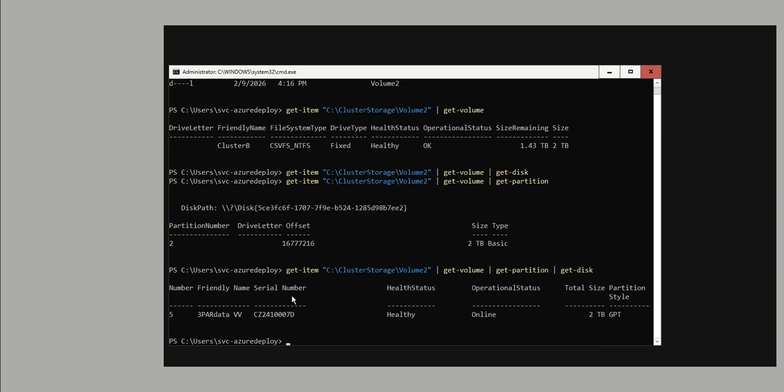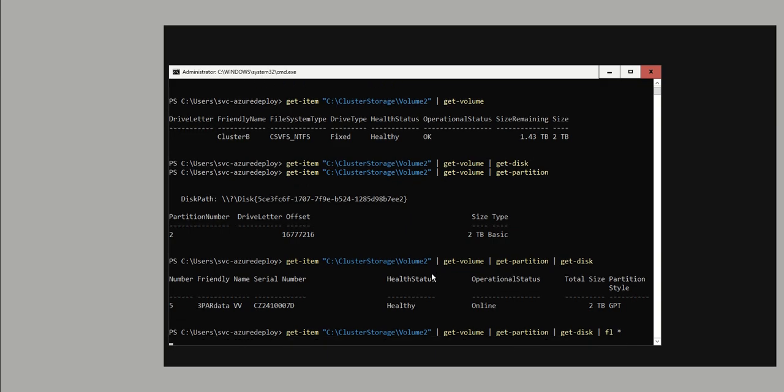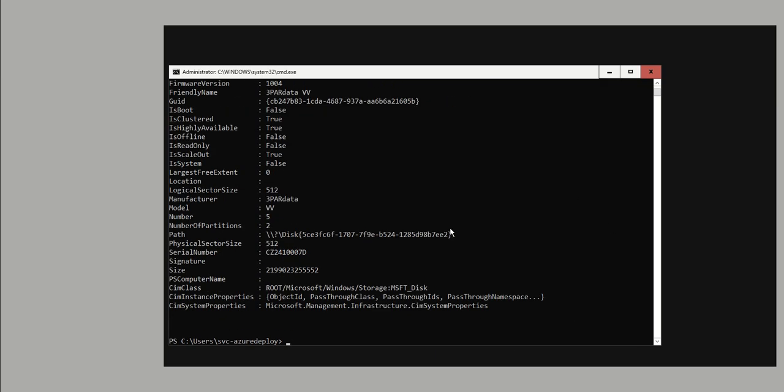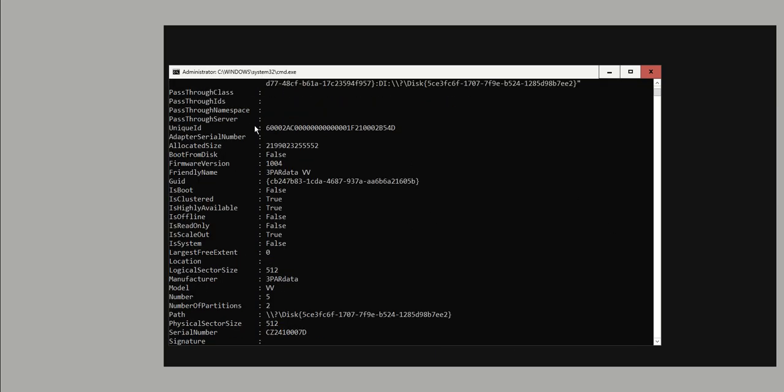Now, the logical thing to do would be look at the serial number. Unfortunately, the serial number does not point to an individual uniquely identifying item. It points to the serial number of the array that's hosting that volume. So what I want to do is take a look at what other information we might have. So this volume has a unique ID. This unique ID happens to match the worldwide name that's assigned to an individual volume on